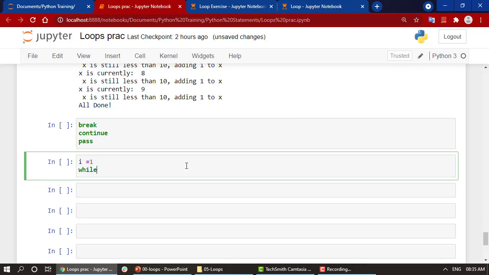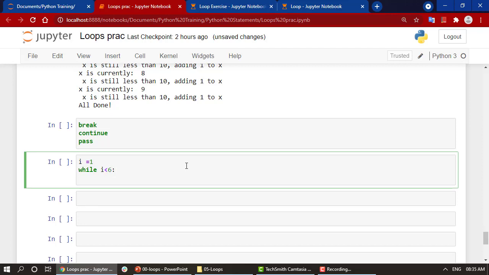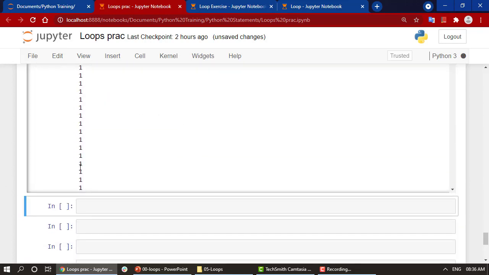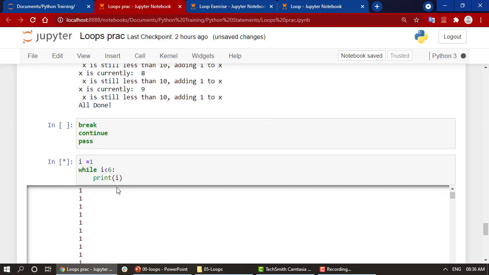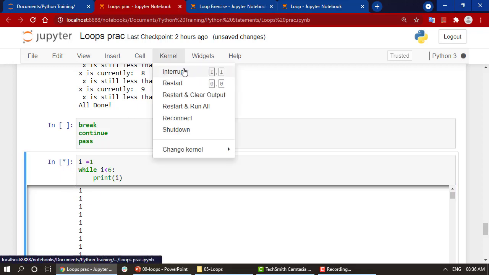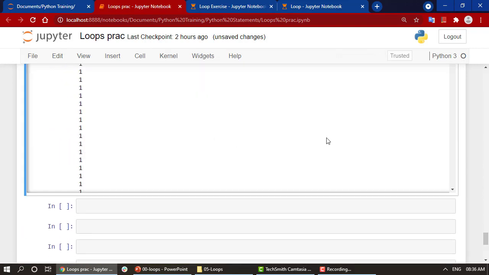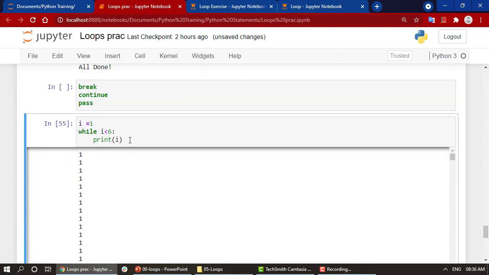I equal to 1, while I is less than 6, and then print I. If I execute it, it will run endlessly. Why? Because I have not mentioned an increment in the while loop. If a situation like this happens, we can just interrupt the kernel, and it will stop after a while.